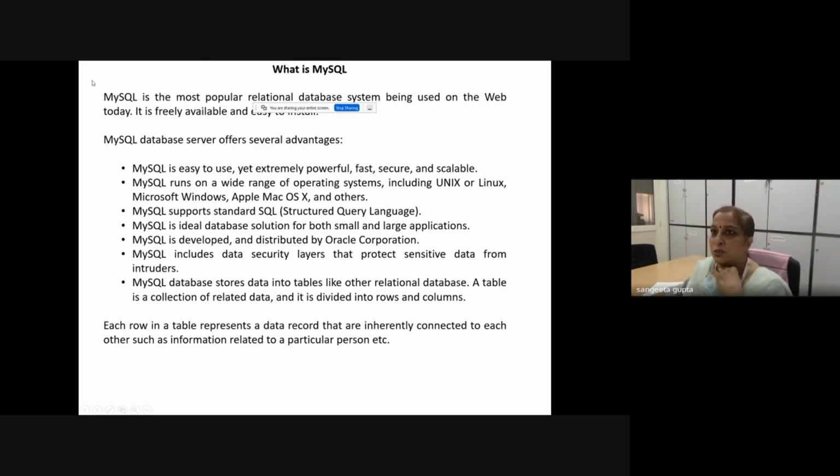So we all know MySQL is the most popular. ये मैंने आपको पहले ही बता दिया, advantages हैं इसके, easy to use. But one basic thing I will say is that MySQL database is for small and large applications. I will say from my personal experience, I have stored a maximum of 1,20,000 records in one table, so there is no problem in using MySQL database in our